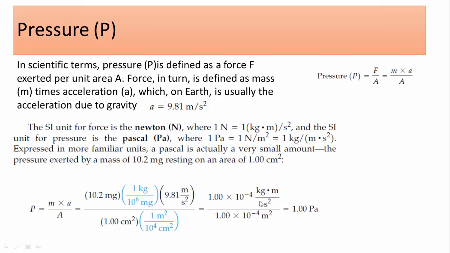So actually this is the Newton. The Newton is coming out as mass into acceleration, as we have defined before. So 1 meter is cancelled out. What is left? Kilogram per meter per second square, as given over here. And this is called 1 Pascal. So the Pascal is coming out from using this terminology or definition. Now you can easily calculate and understand what 1 Pascal is. That is equal to all these values.